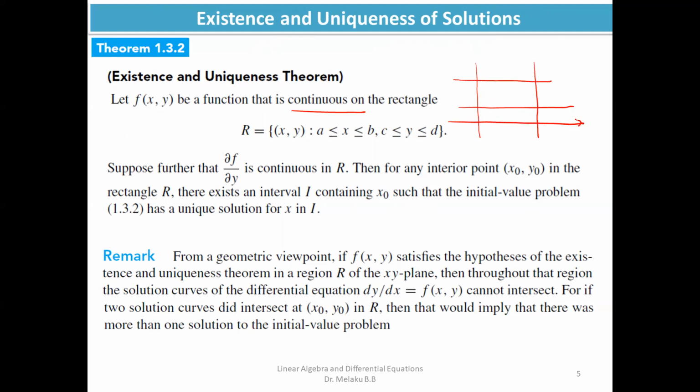So if this is the x-axis, maybe you could have this y-axis, no problem. We can say that this is A and this one is B, and this one is maybe C, and this one is D. So this is a rectangular region, like this. So if this f of x, y, which is a function of x and y, is continuous on this rectangular region,